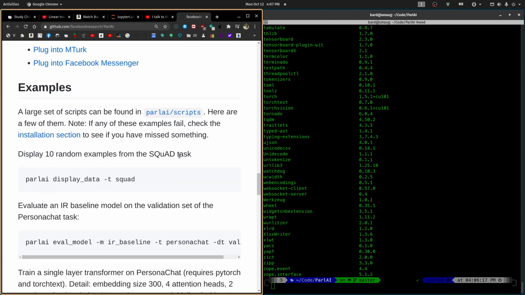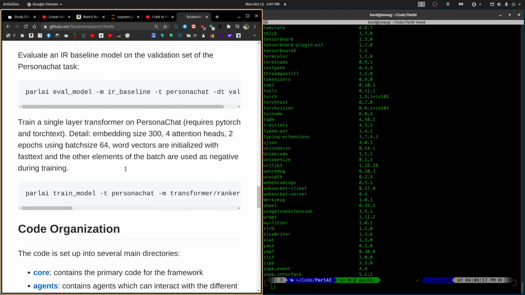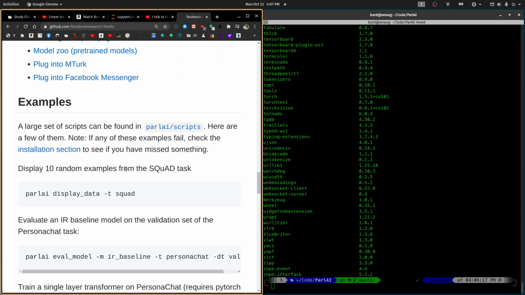All right, so now we can start running it. And I've got a rather small machine, so I know a lot of this stuff is not going to run properly. I've installed ParlAI before, and I have a minimal GPU, so some of this stuff works, some of this stuff doesn't work. But let's see.